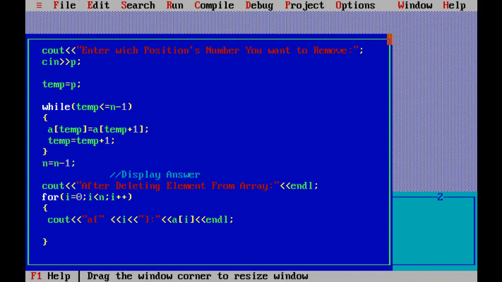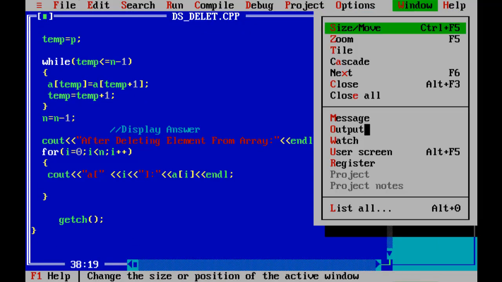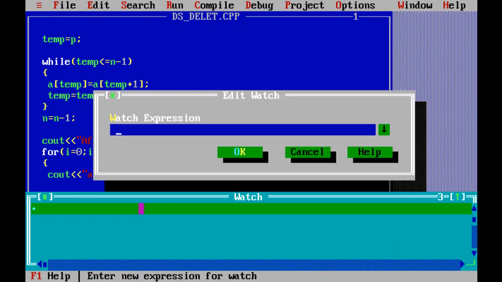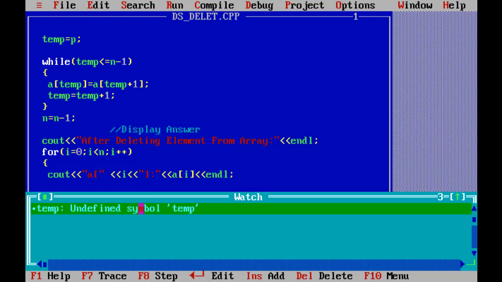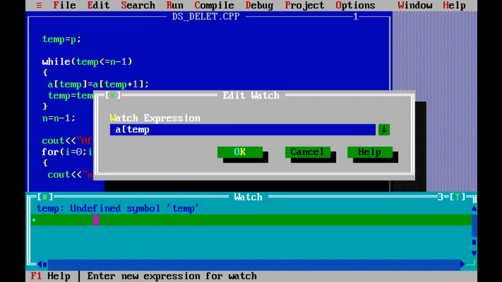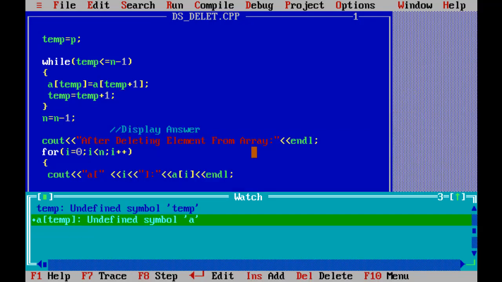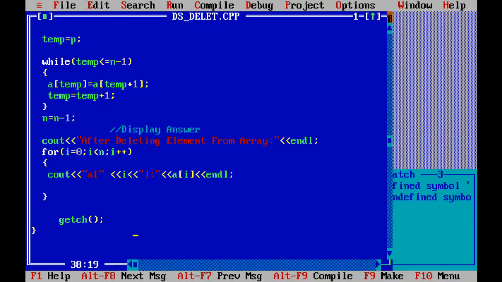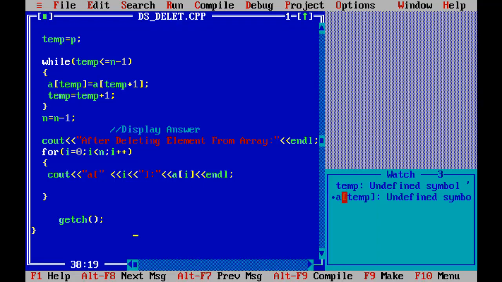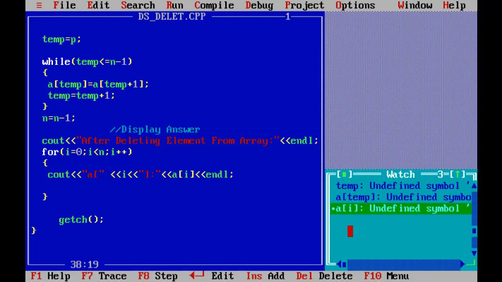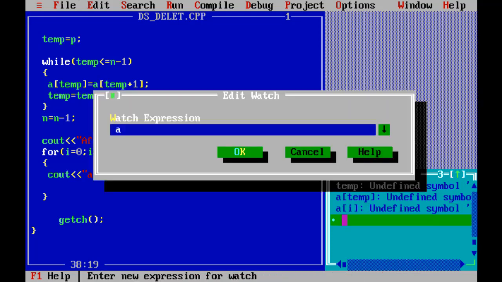If you want to show it using tracing, I will take a watch here: temp, temp's value, then array of temp, then a of I also I will write, a of I, array of temp, and I will also write array of temp plus 1.